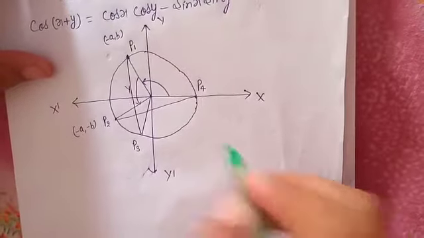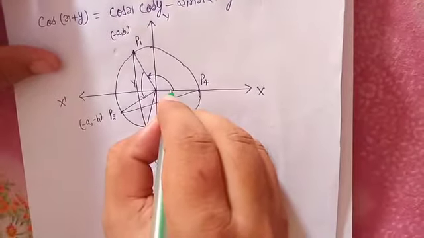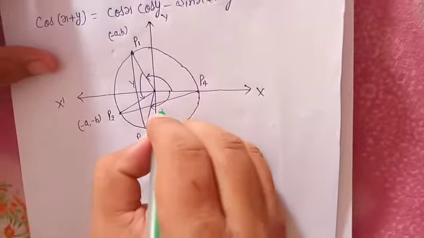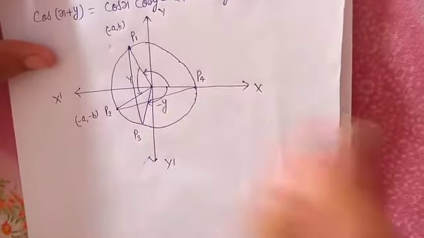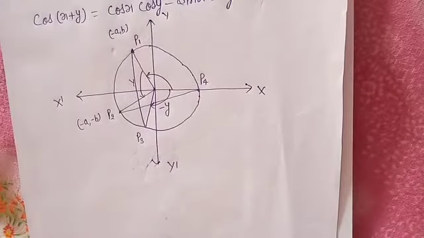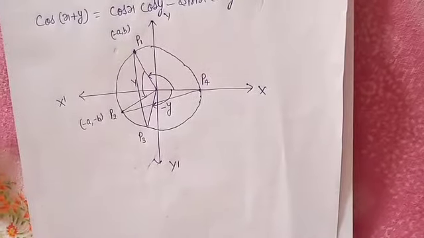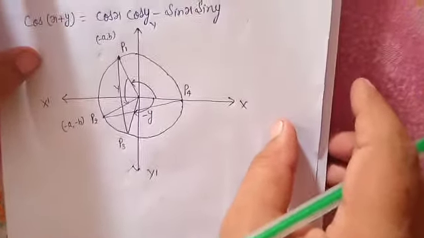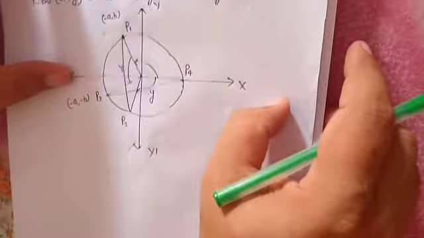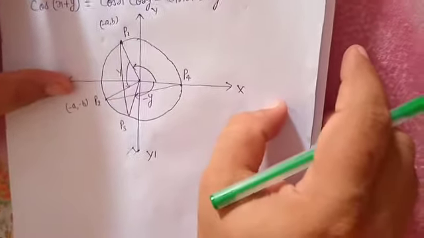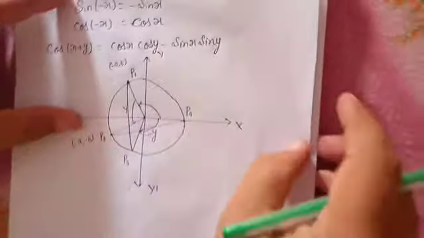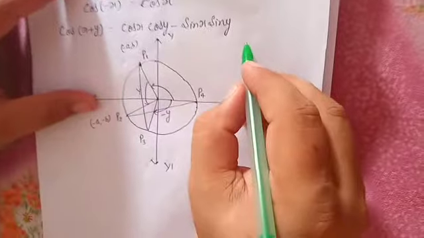Understood? And this angle, which angle? This angle is equal to y. Negative sign is only showing its direction. Magnitude of y and minus y remain the same. Negative direction of the x-axis, it is saying like this. So now you have to find out the coordinate of this point. Coordinate of this point.